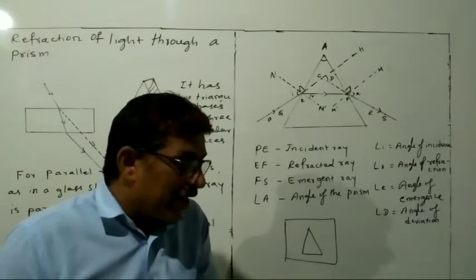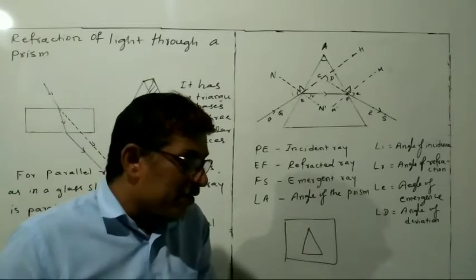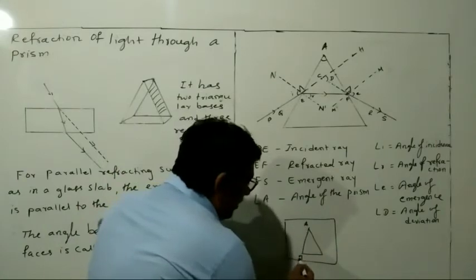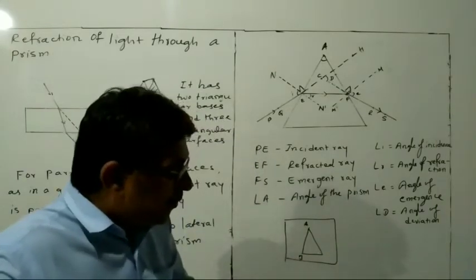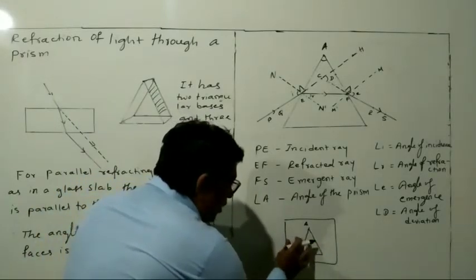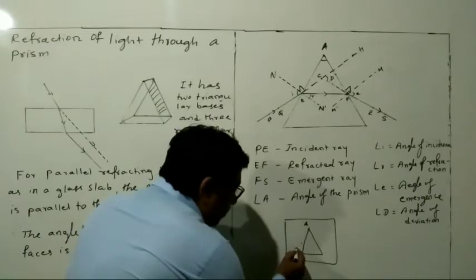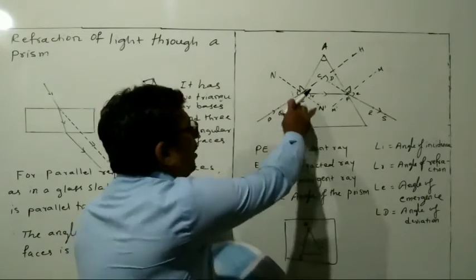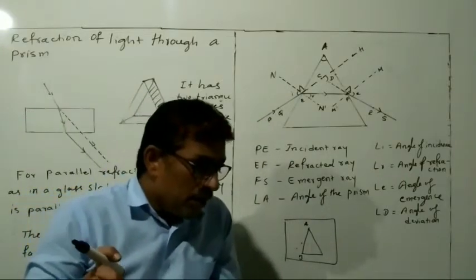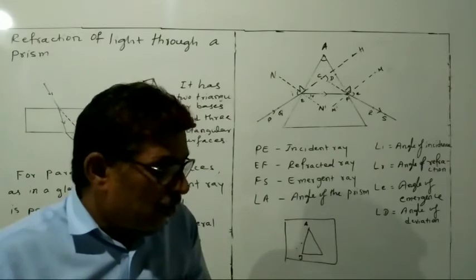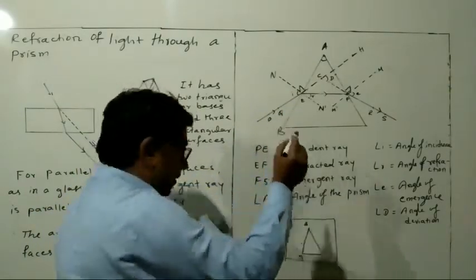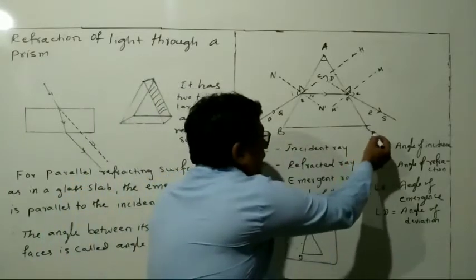Okay, then draw a straight line PE inclined on one of the refracting surfaces, say AB. Then here, fix two pins at the points P and Q. Okay, like this you have to make the points P and Q. So here what I have done is, P and Q, you have to fix them on the face AB. Okay, A, B and also C. Okay, ABC.